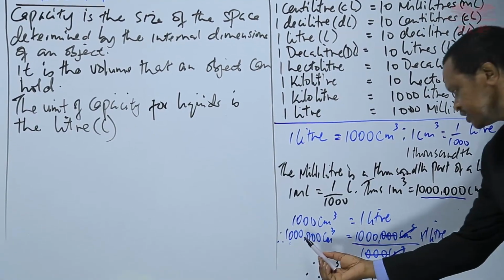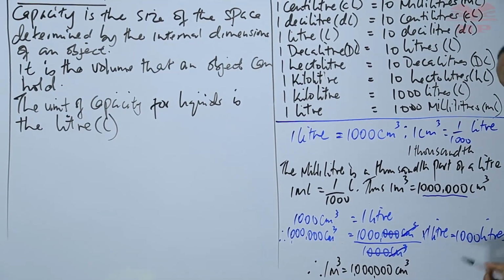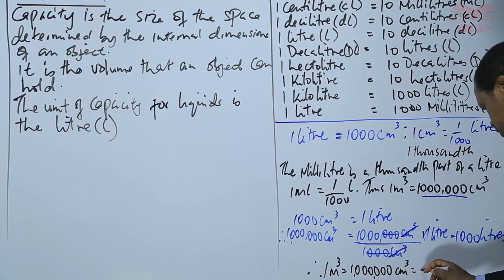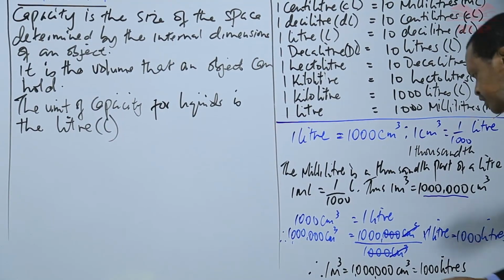And you have seen that this 1 million cubic centimeters is equal to 1,000 liters. Therefore,